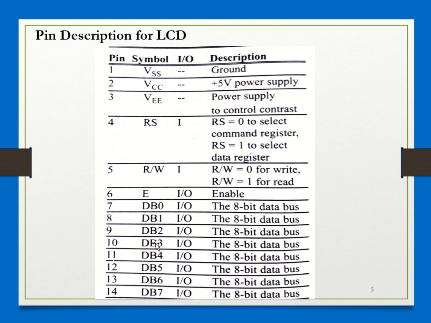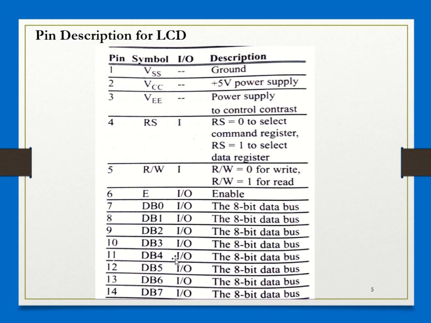And obviously, the other 8 pins, DB0 to DB7, are the data lines, the data pins. They are used to send information to the LCD or to read the contents of the LCD internal register. So we know that we can display letters or numbers. We can send ASCII codes for letters A to Z, capital or small, and we can display numbers 0 to 9 via these pins, obviously by making RS equal to 1.